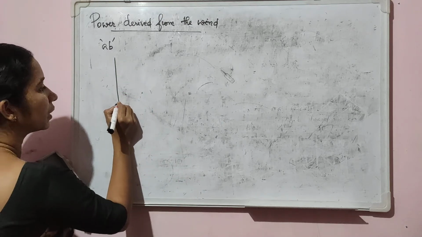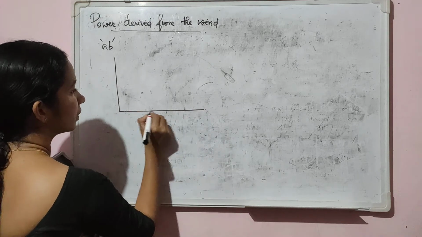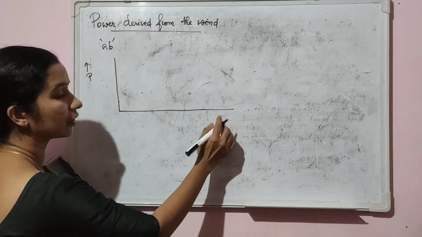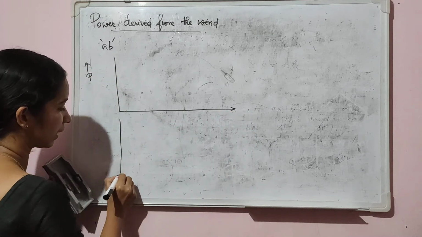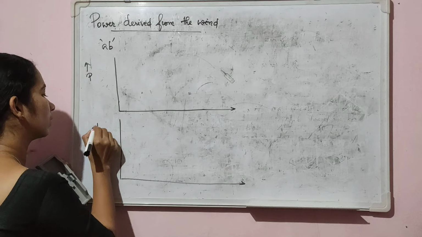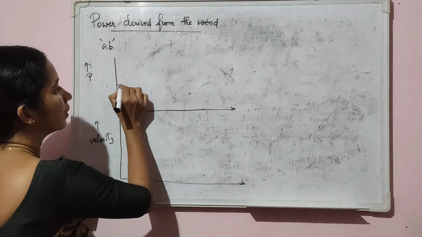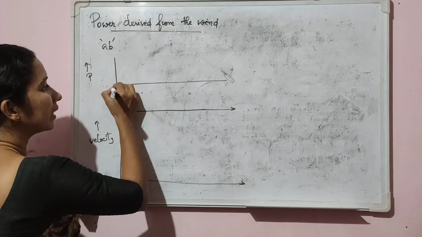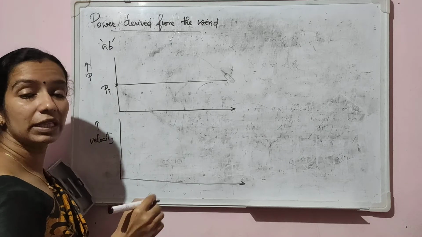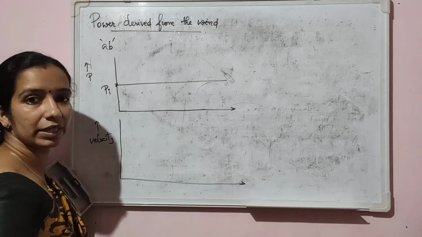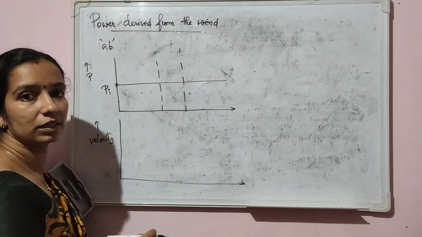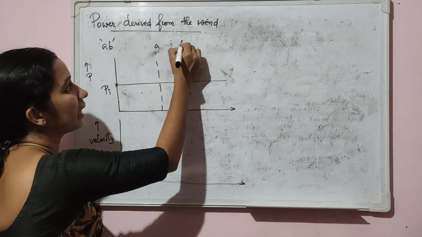So first of all, let us draw the pressure variation. So this is pressure, this is the distance. So x-axis is the distance, and in the second diagram let us draw the variation of velocity. So initially at the incoming side, the initial pressure of the wind can be represented as Pi, and this portion denotes the turbine wheel. So this is the turbine wheel having a thickness AB.